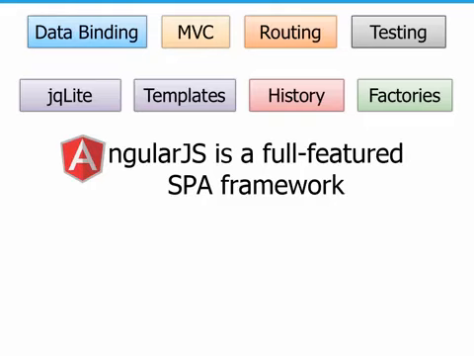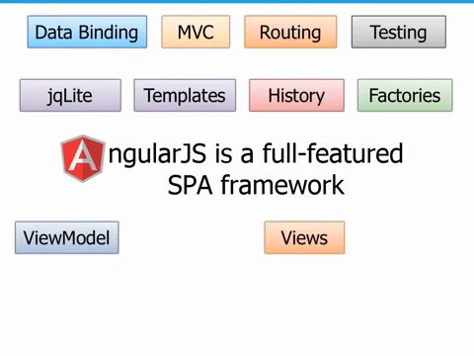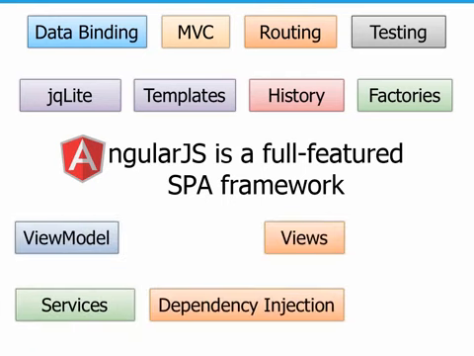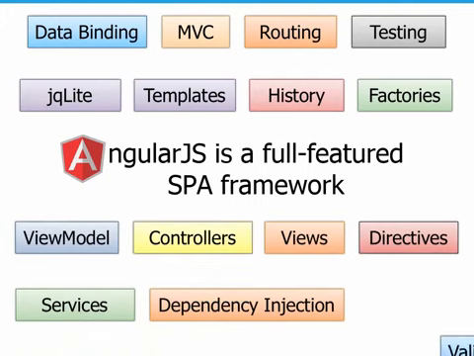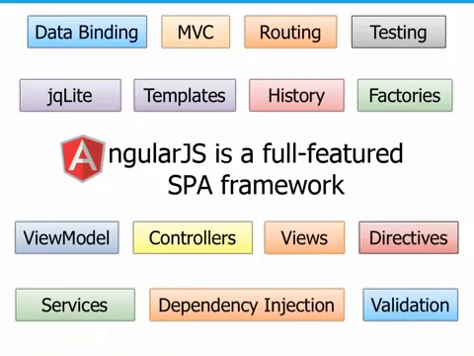And if you want to use more advanced DOM stuff, you can even use jQuery, and they play really nice together, Angular and jQuery. When it comes to data binding, we have full support for templates, history's built in, we can share code through factories and services and other things. And then there's even more. We have the concept of data binding with view models, directives, which I'm going to be talking about in the next section, which is a way to teach HTML new tricks, validation, dynamically injecting different features at runtime through dependency injection,